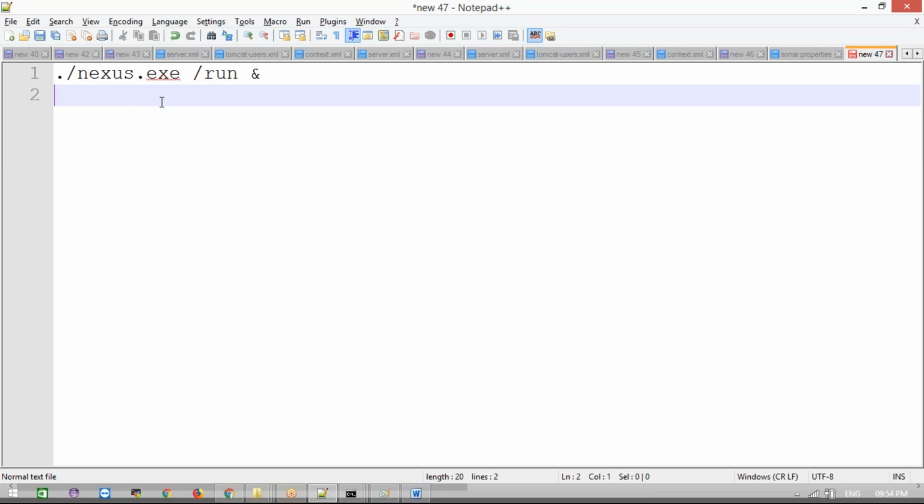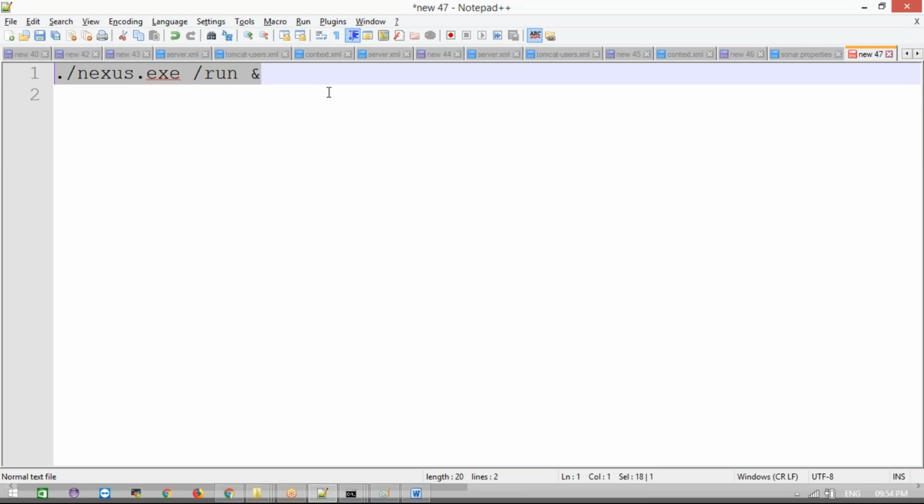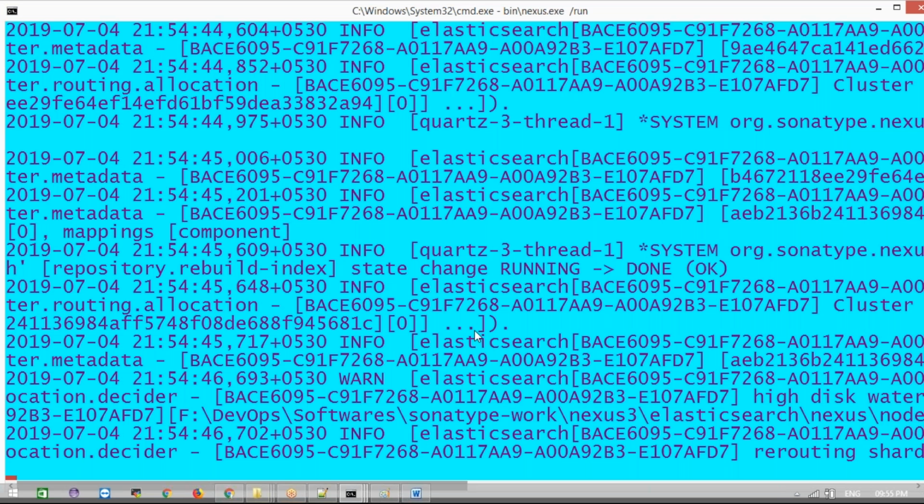If you run it here, it will run in the background. nexus.exe start also will work like that. Instead of run, start also works. We tried that. You should use the ampersand, it will run in the background only, otherwise the terminal will be taken up.